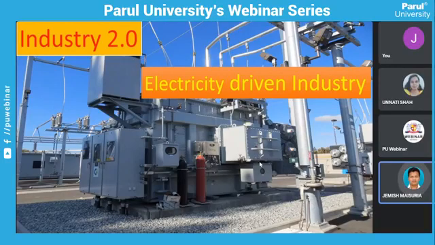So think about your home, which has a television. With the television you would have to attach a steam engine. That steam engine would generate electricity, which would then be provided to your television, and then you could watch TV. That is not the case now because we have a technique to transport electricity. So that is the second revolution, or industry 2.0, the industry based on electricity. That was in the 19th century.